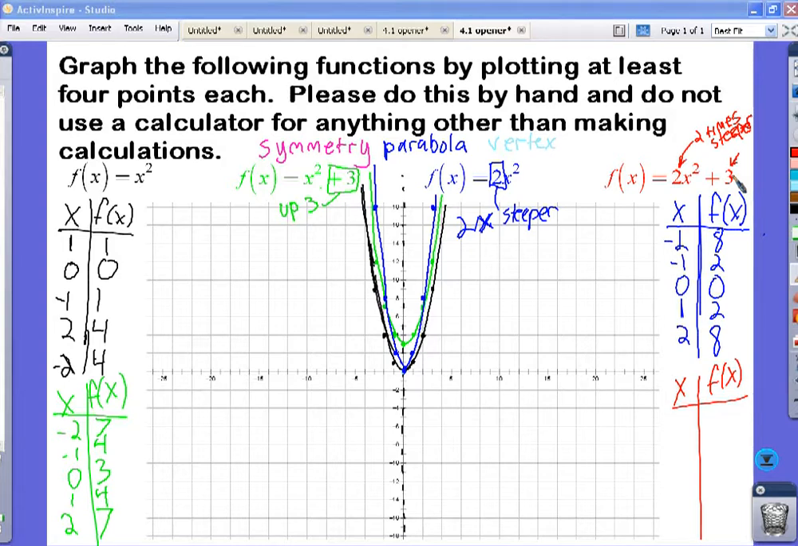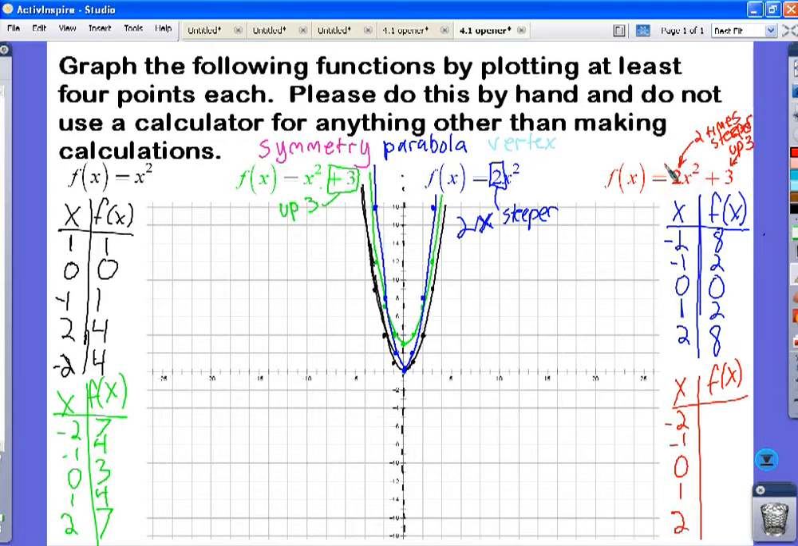What is adding 3 going to do? Make it go up. It's gonna make it start higher. Start 3 higher. So it's both going to be twice as steep and up 3. So if we put in these same values for x,